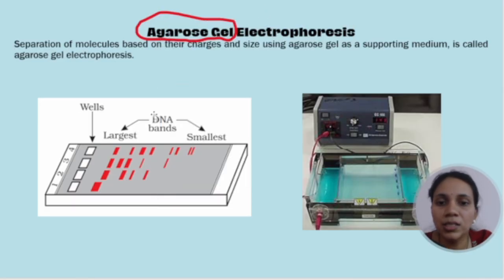Okay. So what is done is, we have a medium, that is gel. That gel is agarose gel. We will see what that is in a bit. So we have this gel made over here, and this is the setup, just like your paper electrophoresis,